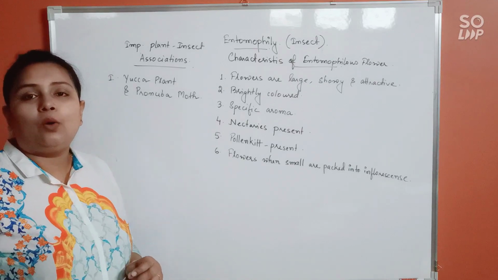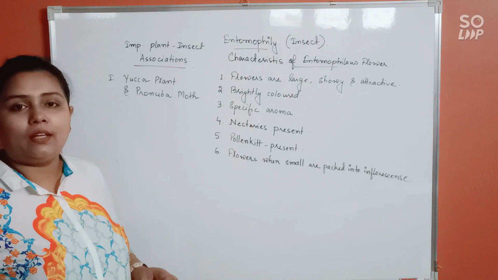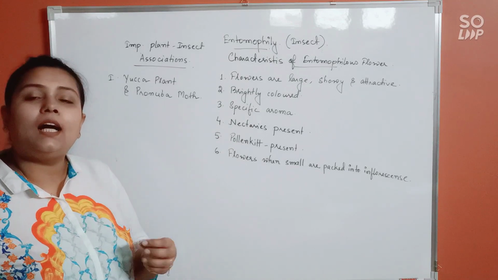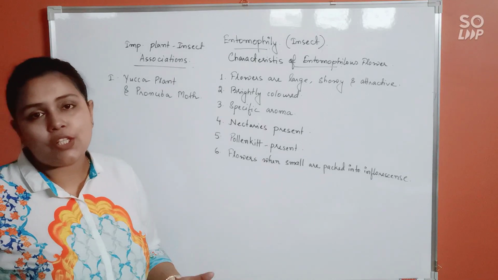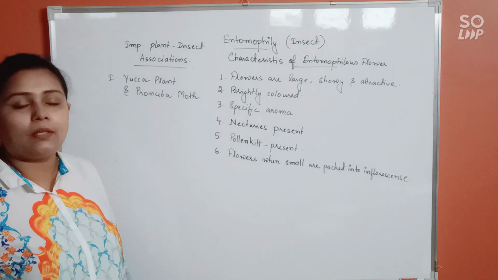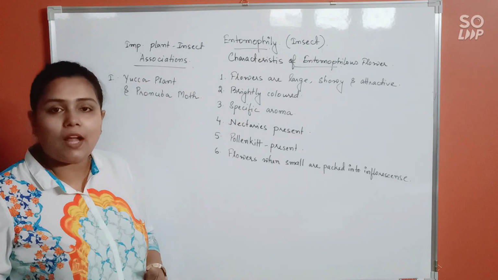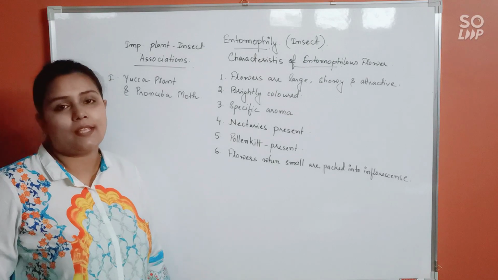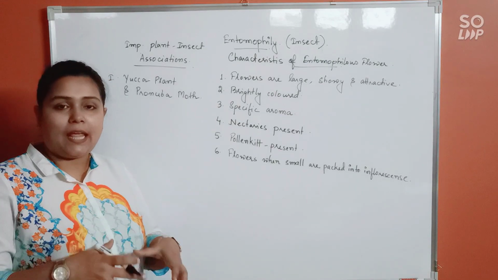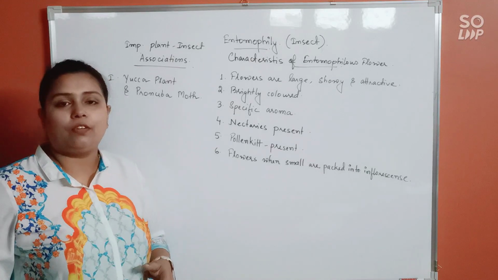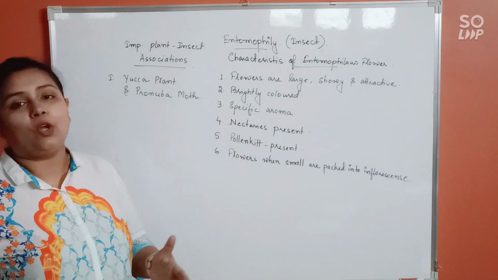Now, it is actually a very safe place to lay the eggs, because only when the eggs are laid in a safe place or a protected area, only then can they hatch successfully and give rise to progeny, isn't it? So that's why Pranuba moth always goes inside the flower of the yucca plant and then lays its eggs. In return, while coming out of the flower after laying the eggs, this female moth will be causing pollination.